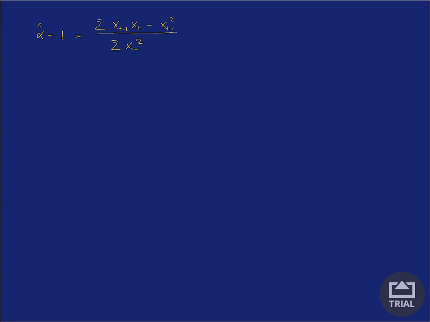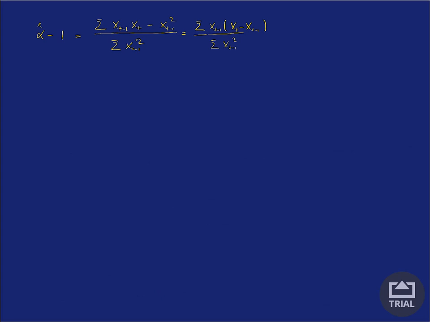Okay, and this under the null hypothesis, so that we have a random walk, can be written as the sum of xt minus 1 times epsilon t. So here we have simply a sum of xt minus 1 square,